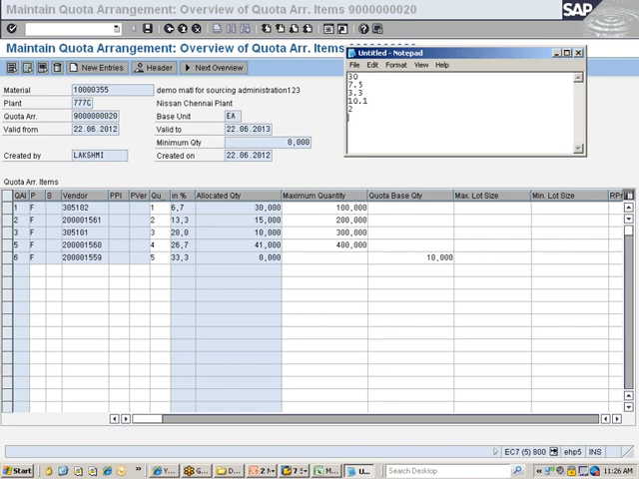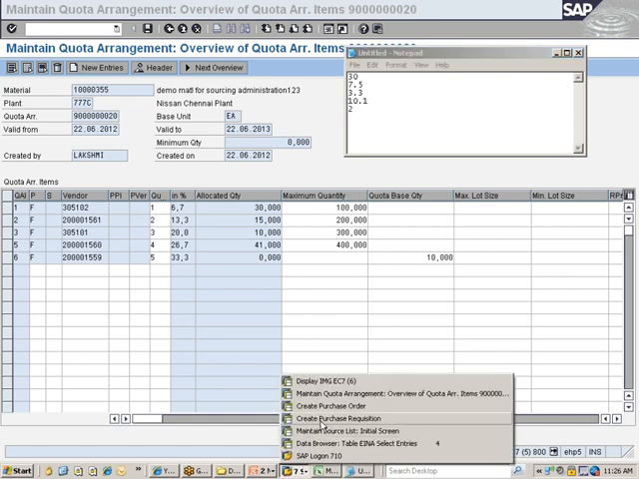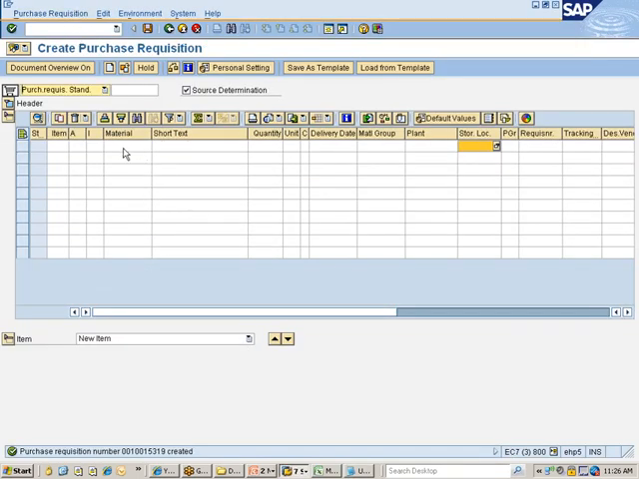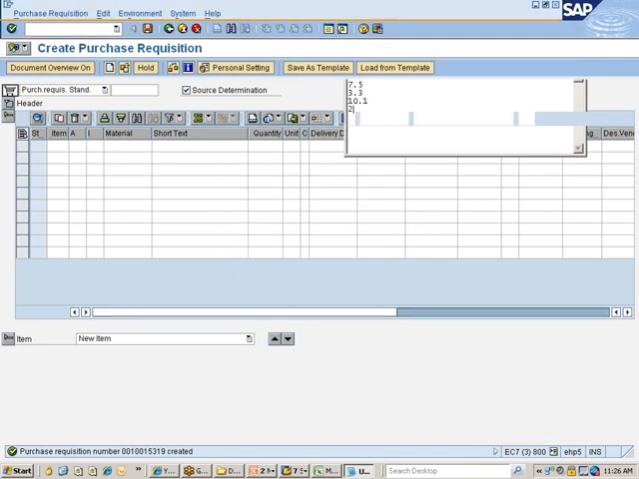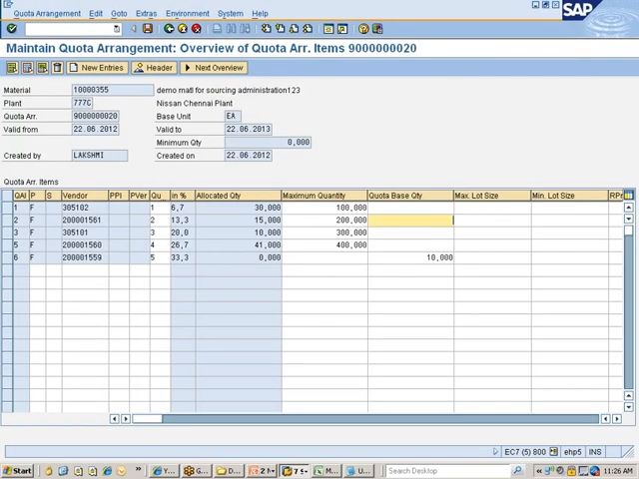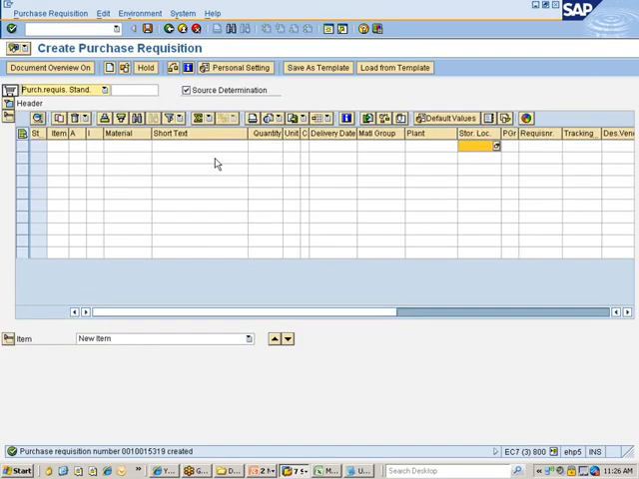So therefore, if you now raise a requisition with source determination check, the system looks into these quota ratings and finds out who has the lowest quota rating. This is 2, right? So let's go and create one more requisition once again. This material, okay, say